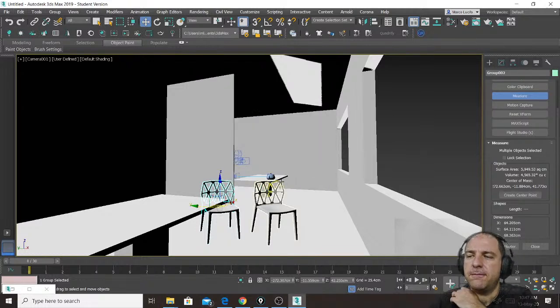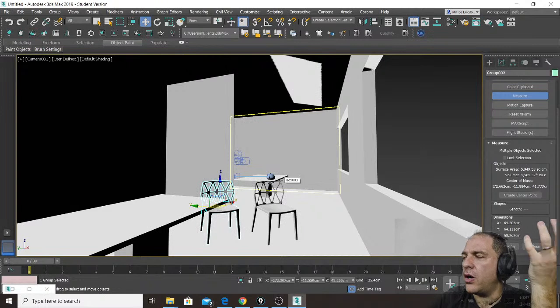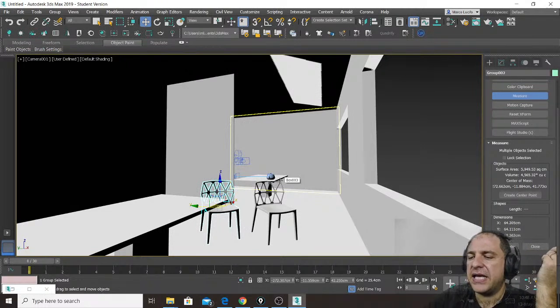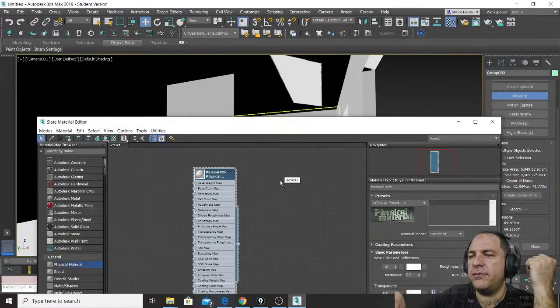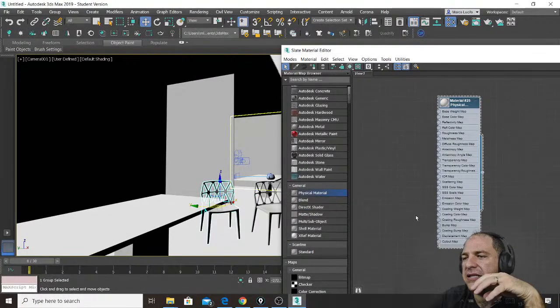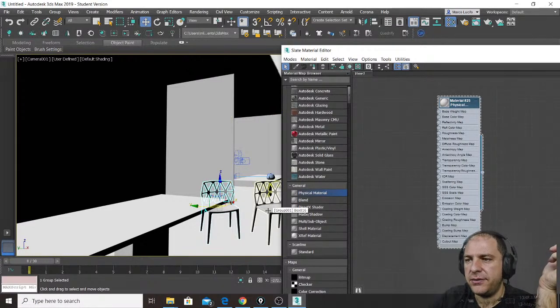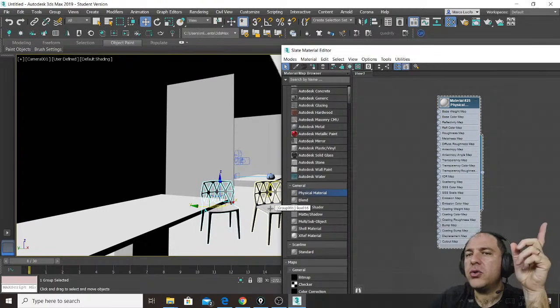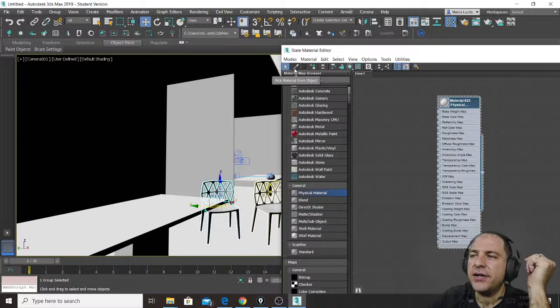Say we make an instance. The only thing that I can do more, if I want, is open the material editor, and I can make my own material and apply it to the chair, or if I want to see which material the chair already has, in the material editor I can click this small utility here that is called pick material. I click pick material and I pick the chair,